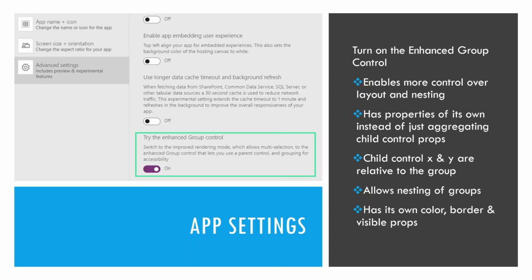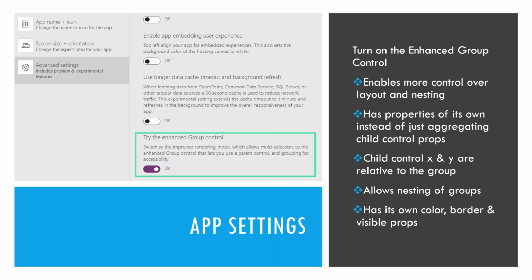But with this enhanced group, you have a boundary. You have a literal, well, as literal as anything on a screen can be, right? You have a container object that has hard boundaries. And so if you go and pull something around in there, it's going to be constrained by that container. And that is definitely something we're going to look at in the demo because